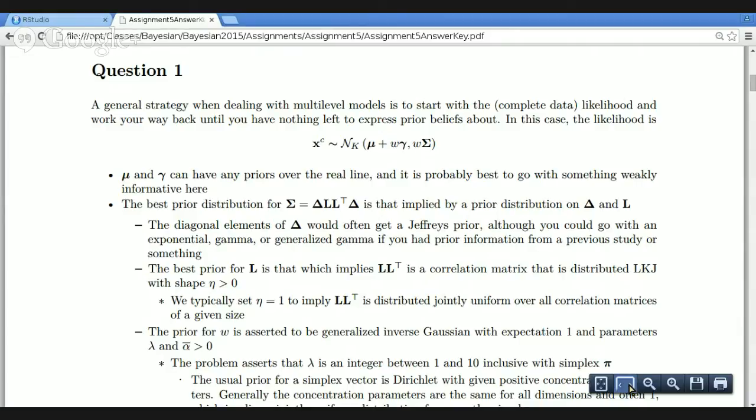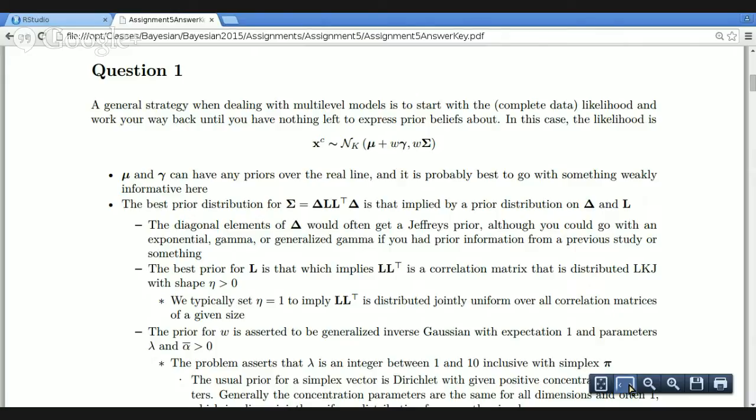So anytime you're thinking about doing a hierarchical model where parameters have priors that are functions of other unknown parameters, you just want to start with the likelihood, and in this case, complete data likelihood, and work your way out until there's nothing left to